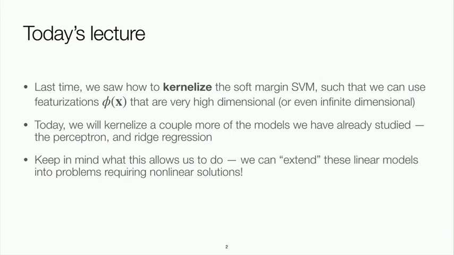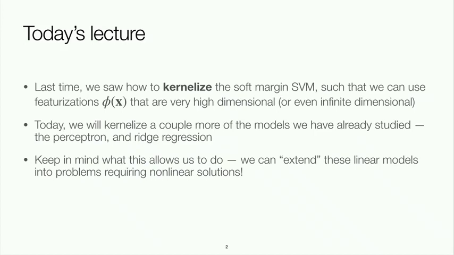I think it's important to keep in mind what this allows us to do, right? At the heart of kernelization, what we're trying to do is featurization, right? Use some features phi of x that are not just x itself. And potentially that phi of x could be really large. It could have a really large polynomial featurization, or maybe even be infinite dimensional. It's some implicit feature space that I wouldn't even be able to write out, but I can use with the kernel trick. So basically what that's letting us do is extend these linear models that we've learned,